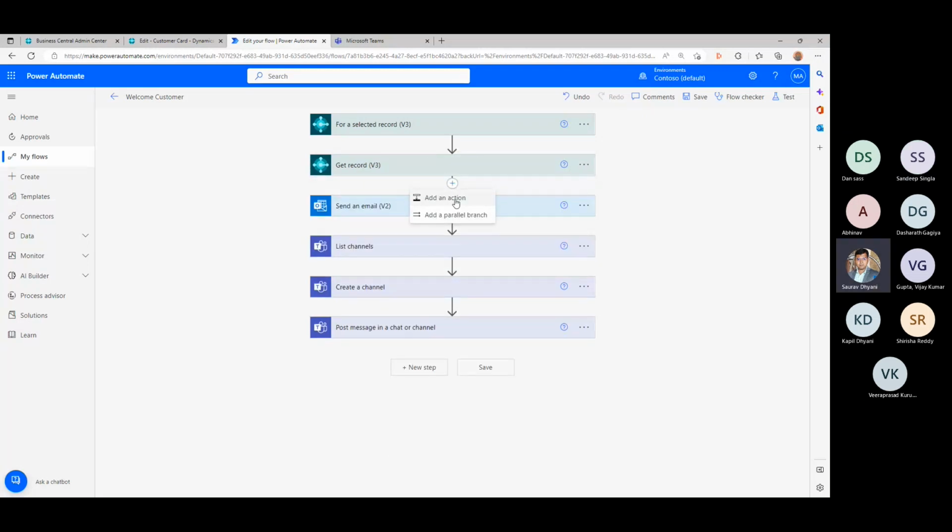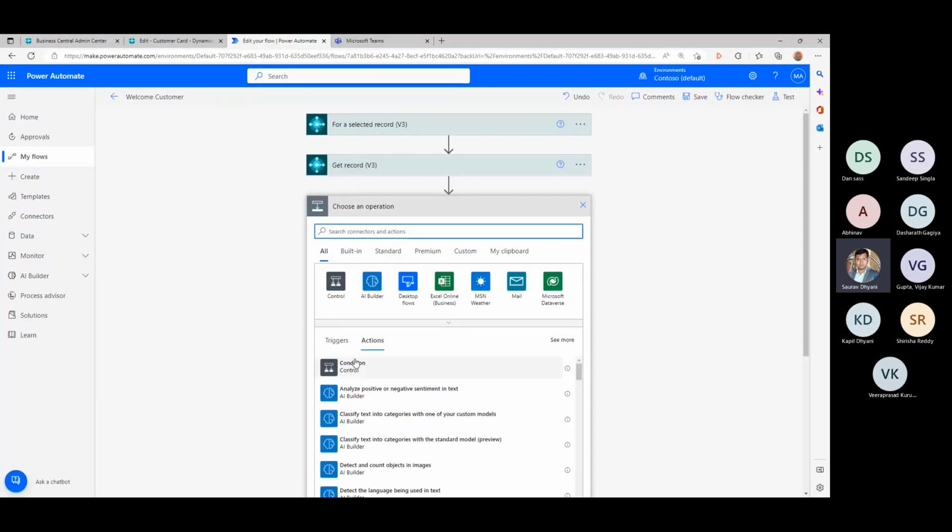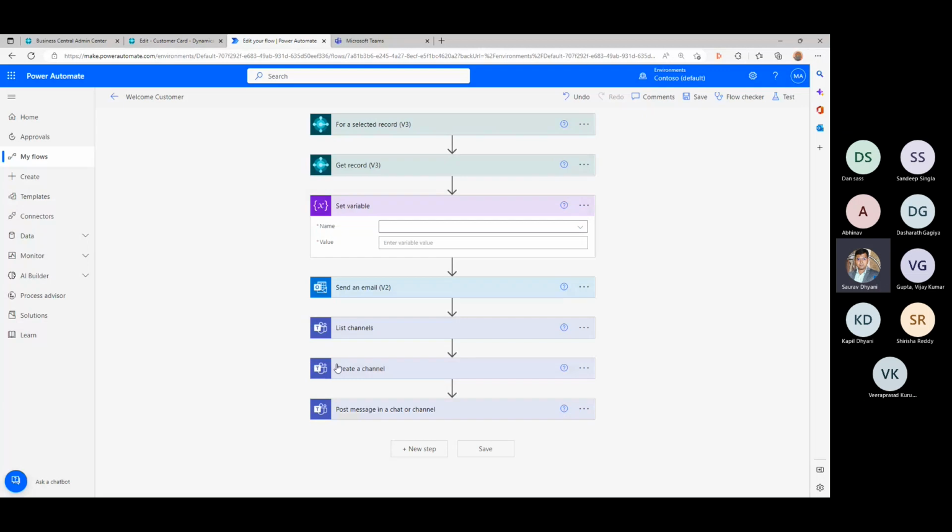So what you can do, as Sandeep sir is saying, add an action. There should be a variable that you can define here. Set a variable, and the variable name is... I would like to give it a name, please. Oh, first I need to define a variable.